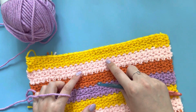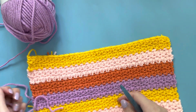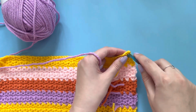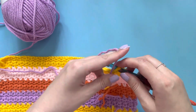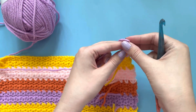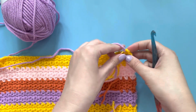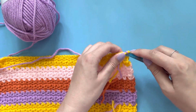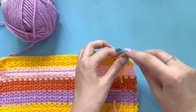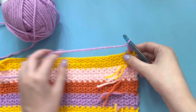So we've got our top for here in the yellow, so we're going to go back to purple here. Similar to what we've been doing before, I'm going to fasten on this purple and set myself up. So for this 2 to 3 year old mini Maviti size, I'm going to be working the mesh stitch, but